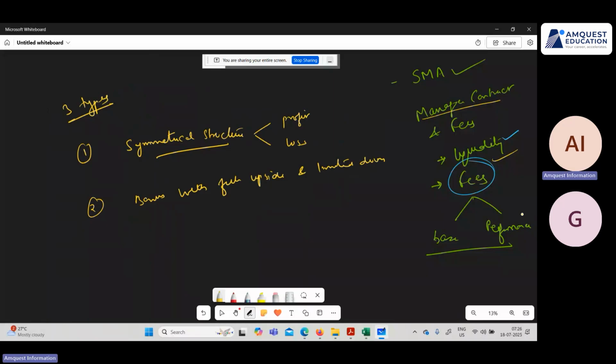So they say that the fees is the greater of base plus positive performance. What does this mean? Basically, you return at least the capital back, and then the profit. If your 100 becomes 110,